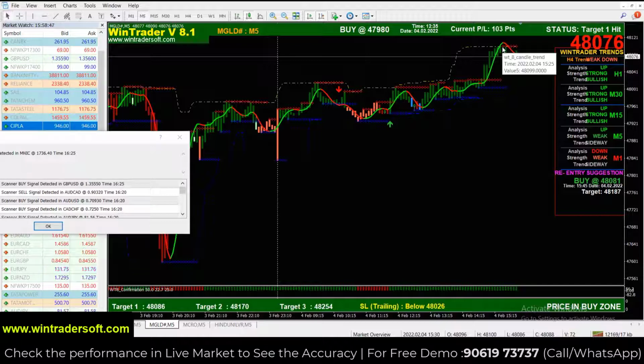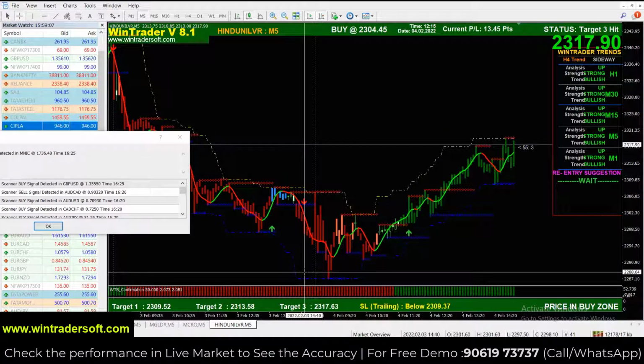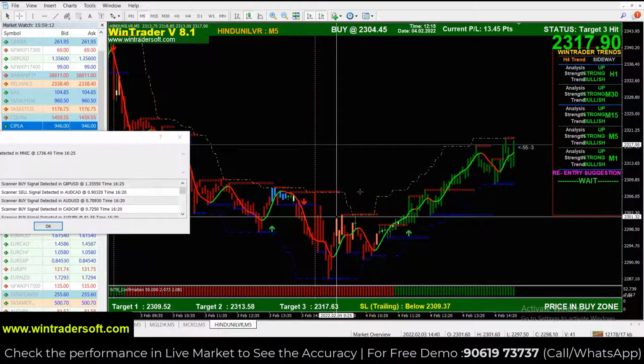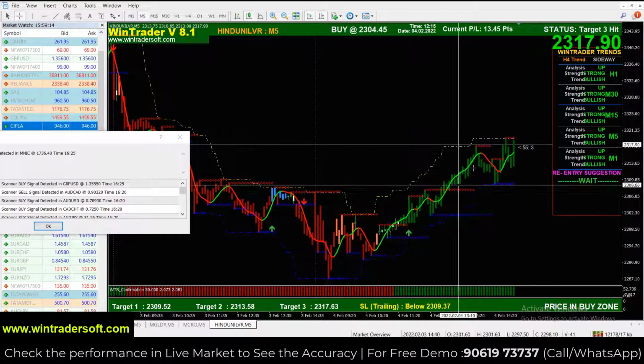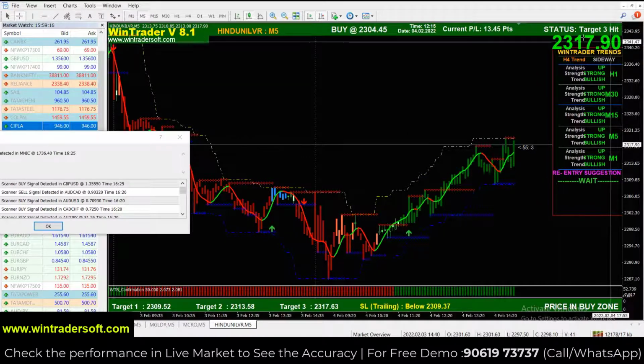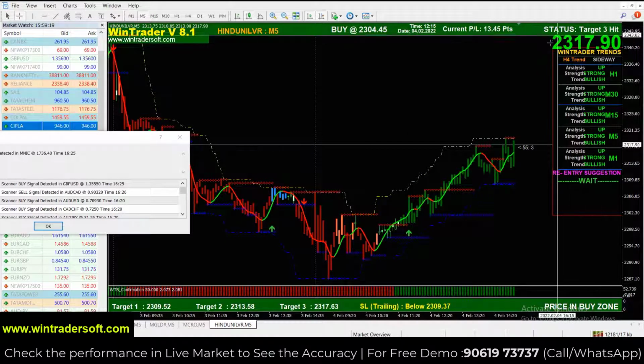The same strategy you can follow for all the markets. Like right now I'm showing this MCX, the same strategy you can use for NSE also. If it is NSE cash, future, option, currency, same strategy you can follow for all segments. Currently I'm giving a live demo. It's a live market only, gold live market. I will show you one NSE chart, it's Hindustan Lever, today's offline chart. If it is a live market, then the market rate will display on the above dashboard.